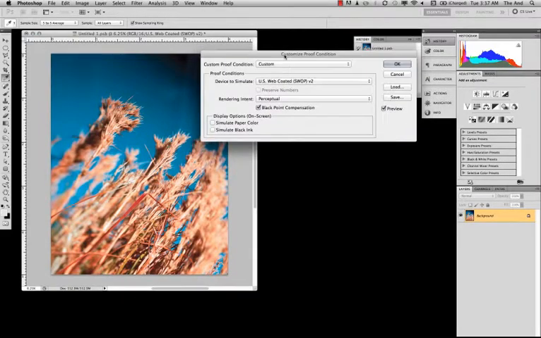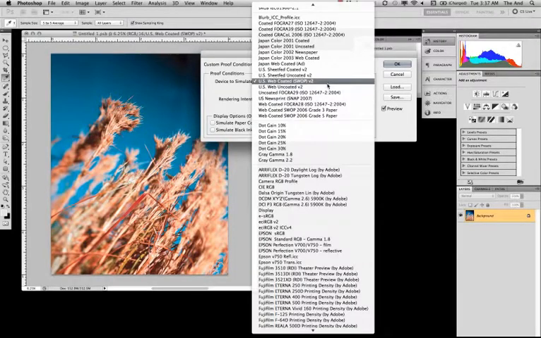To understand this a little bit, the device to simulate is you telling Photoshop what profile you want to look at, what profile you are thinking of converting to. And in this case, I have US Web Coated